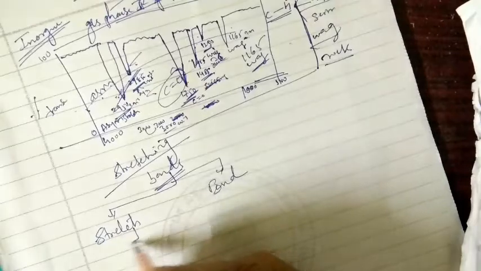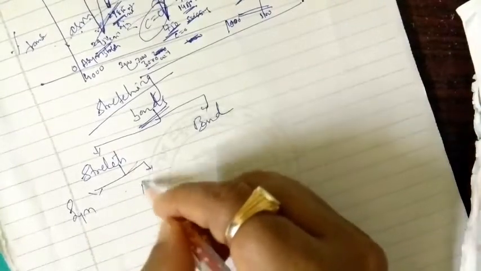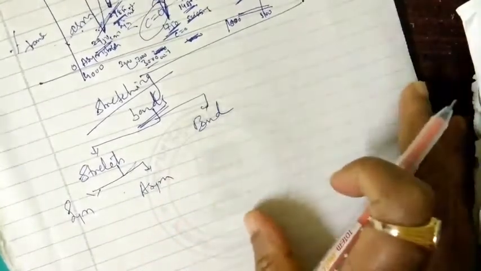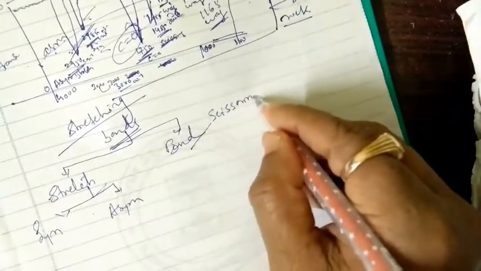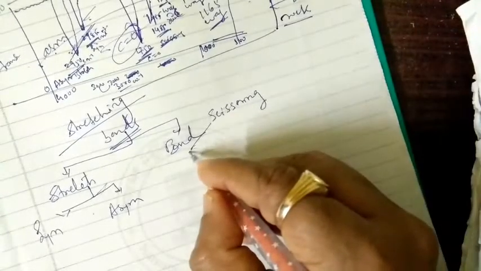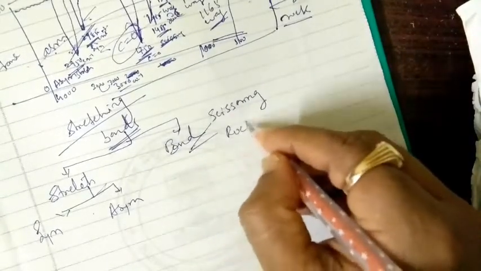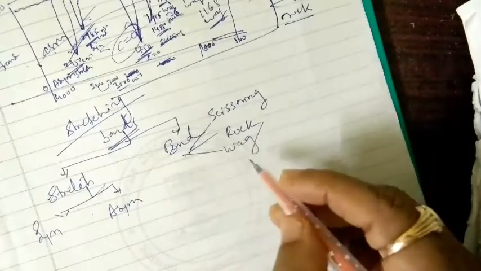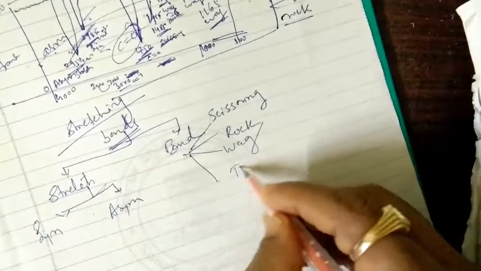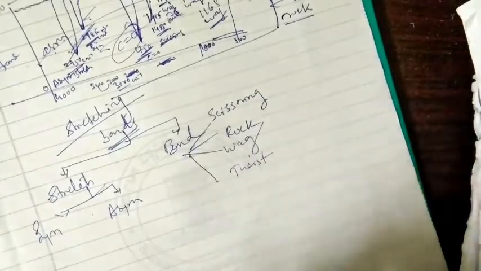So stretching we can bifurcate into two types, that is symmetric stretching and asymmetric stretching. And in the bending, we can go for different types, that is scissoring, then rocking, then wagging, okay. Then sometimes it is twisting, like this, okay.